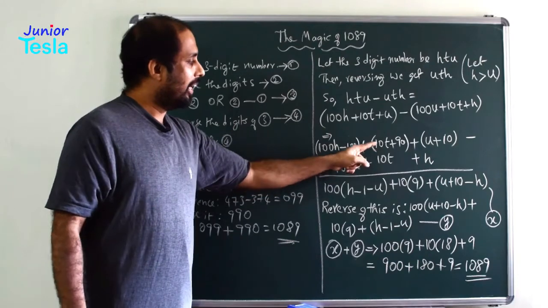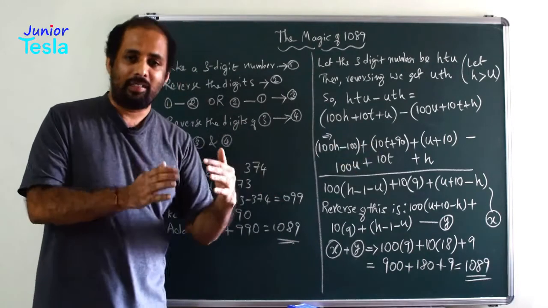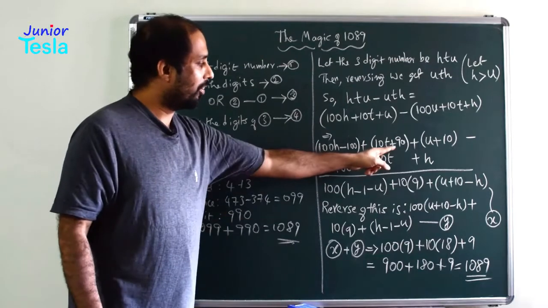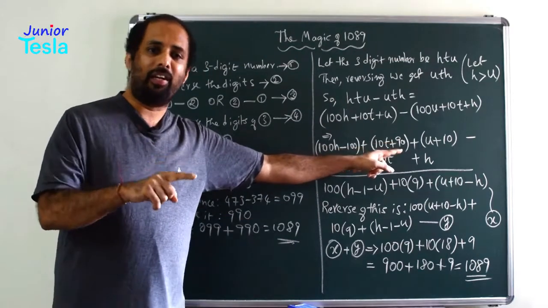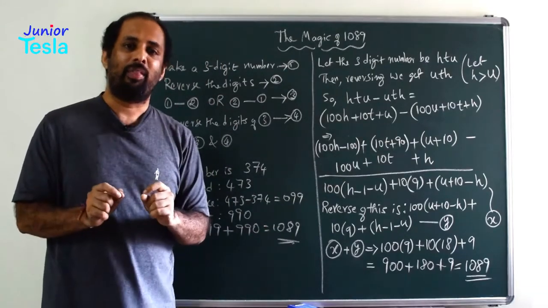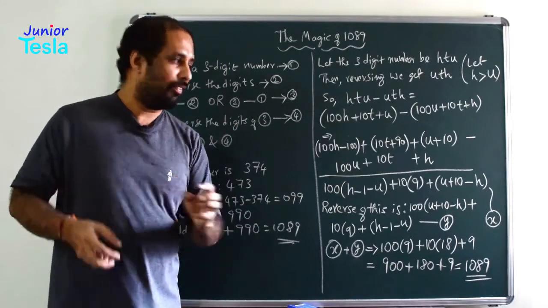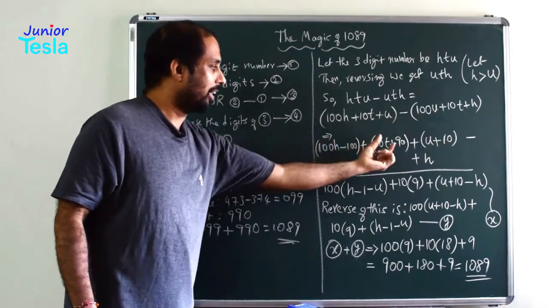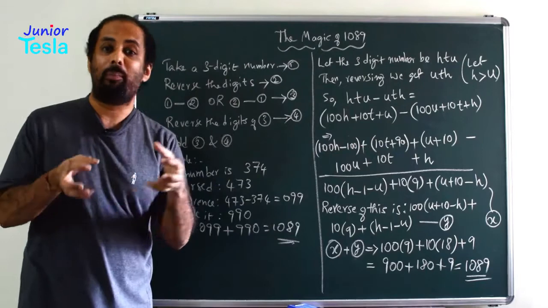And that is why 10t minus 10 plus 100 has become 90. Okay. So I have not written minus 10 plus 100, I have directly written 90. So 10t plus 90 means 10 has been taken from here to here and 100 is taken from here to here. So that is why it has become 10t plus 90.